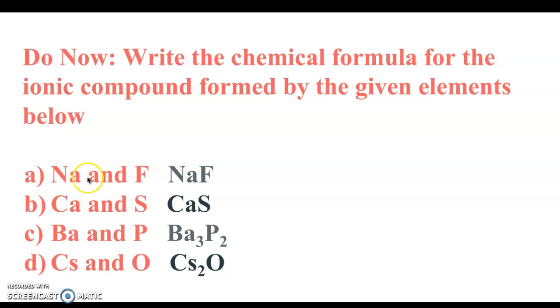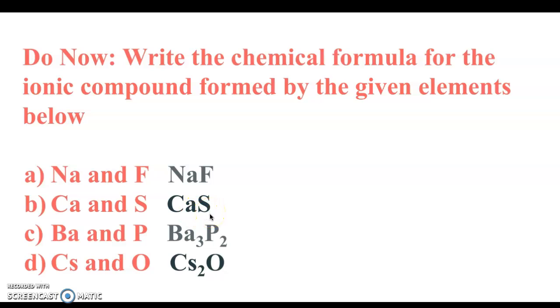And here we go. So sodium has a +1 charge, fluorine has a -1 charge. So when you crisscross your charges, you have one of each. So NaF is the correct formula. Calcium has a +2 charge, it's in group 2. Sulfur is group 16 and has a -2 charge. If you're looking at your periodic table, when you crisscross your charges and reduce, you get a 1-to-1 ratio,